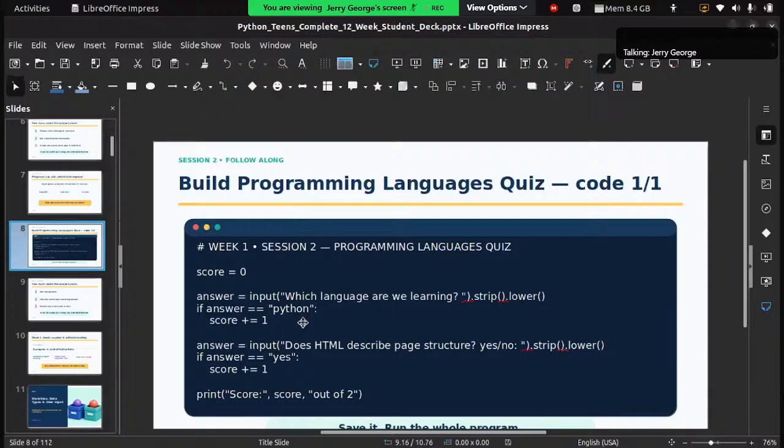What this is asking you is, just like Python is a programming language, right? Once it comes to web development, you also have a language that is a markup language called HTML. So it's asking you, does HTML describe page structure? Which the answer is yes, obviously. You get. But what I'm trying to tell you here is that